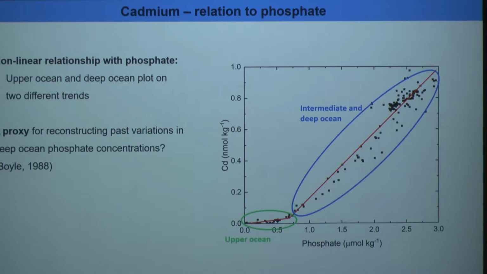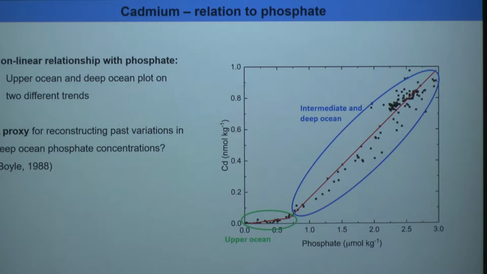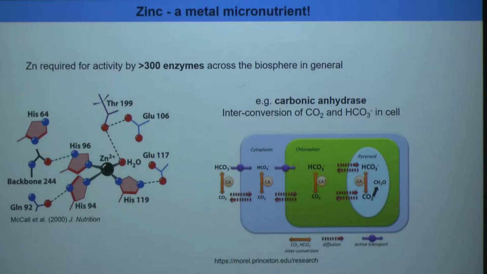So this was the small introduction for cadmium, and I'm going to jump over to zinc. I'm going to keep doing this and hopefully not confuse everyone. Well, the takeaway from the cadmium part is it's possibly a micronutrient, but it definitely has this nice correlation with phosphate. And for zinc, we definitely know this is a metal micronutrient, and maybe some of you know this is